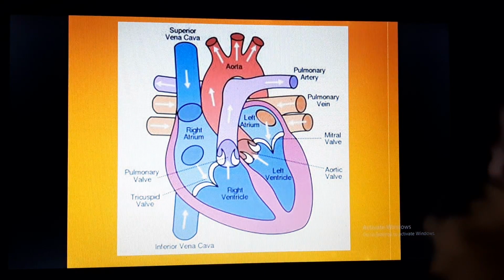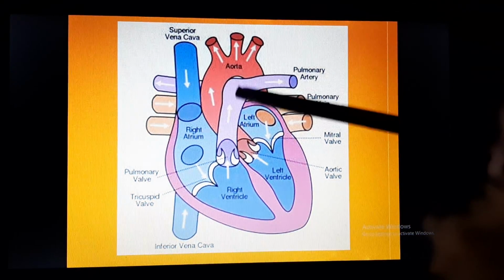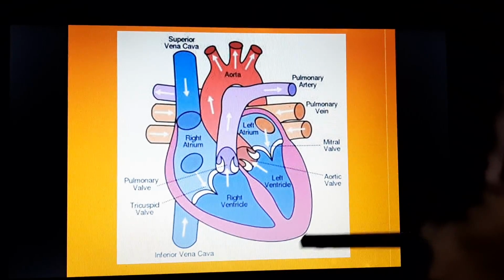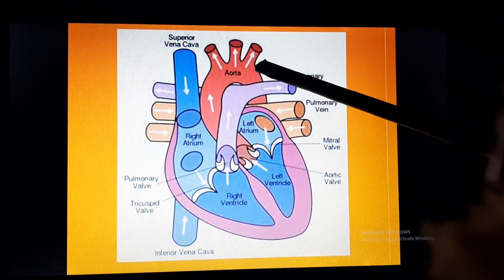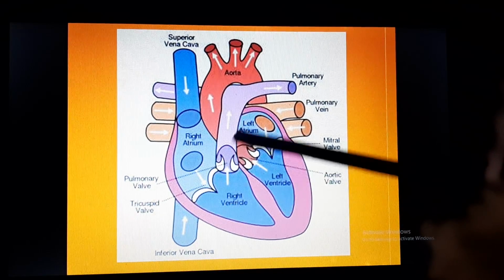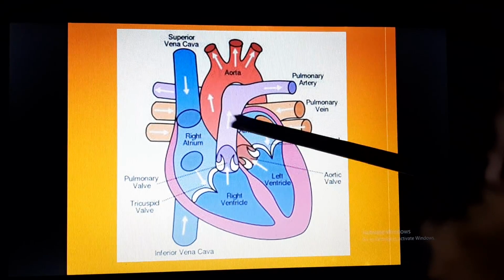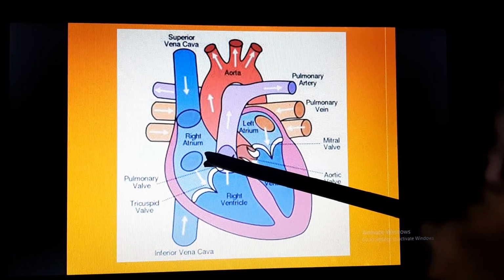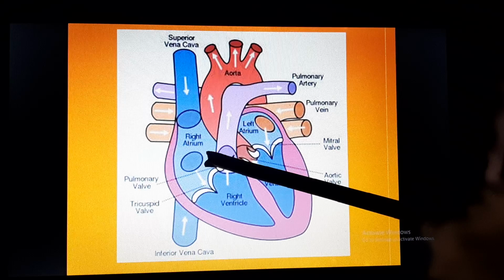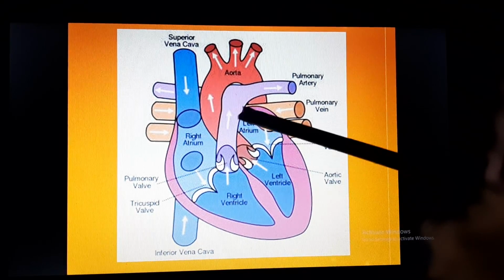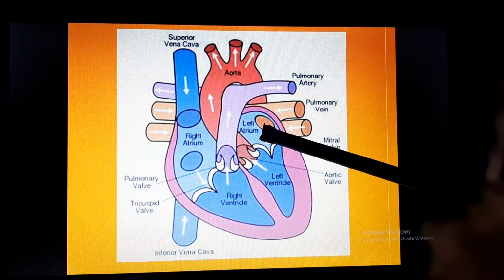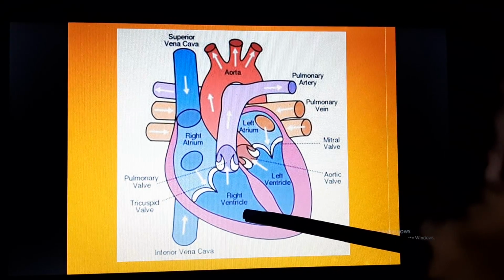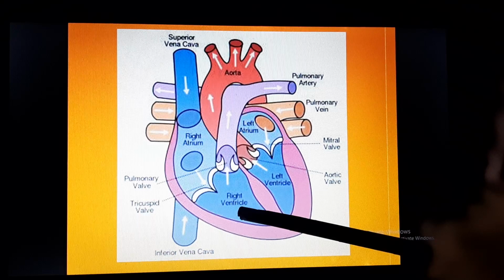So this will be more clear with this diagram. So this is the diagram of the heart. So here you can see these are the 4 chambers. 2 upper chambers are called atrium or auricles. So right side atrium, which is at right side, is right atrium or right auricle, and left auricle or left atrium. Now the lower chambers are called ventricles, and ventricles are also right side right ventricle, and at left side